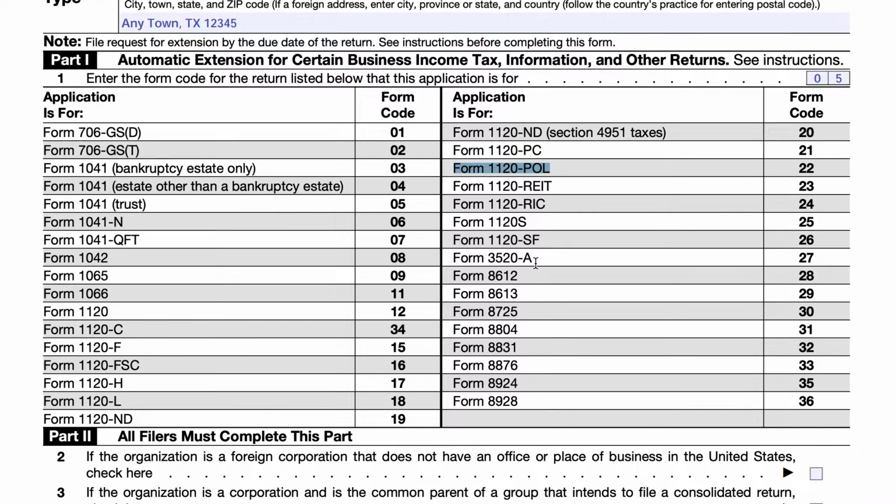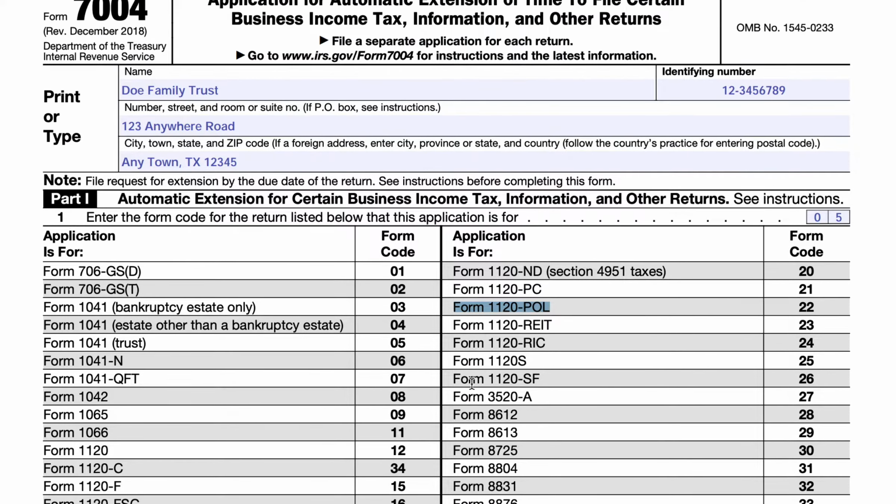So there are a couple of notes. I do go into more detail, but I want to briefly highlight them. So if you're responsible for filing more than one version of this form, then the IRS will not accept a blanket request. You must file a separate Form 7004 for each different tax form. For example, our hero, John Doe, he manages the Doe Family Trust. We've put the information up here, and we've indicated 05 because that's the form code for a trust. If he also had to file an extension for, let's say, a partnership tax return, which would be Form 1065, then he would have to submit a separate Form 7004